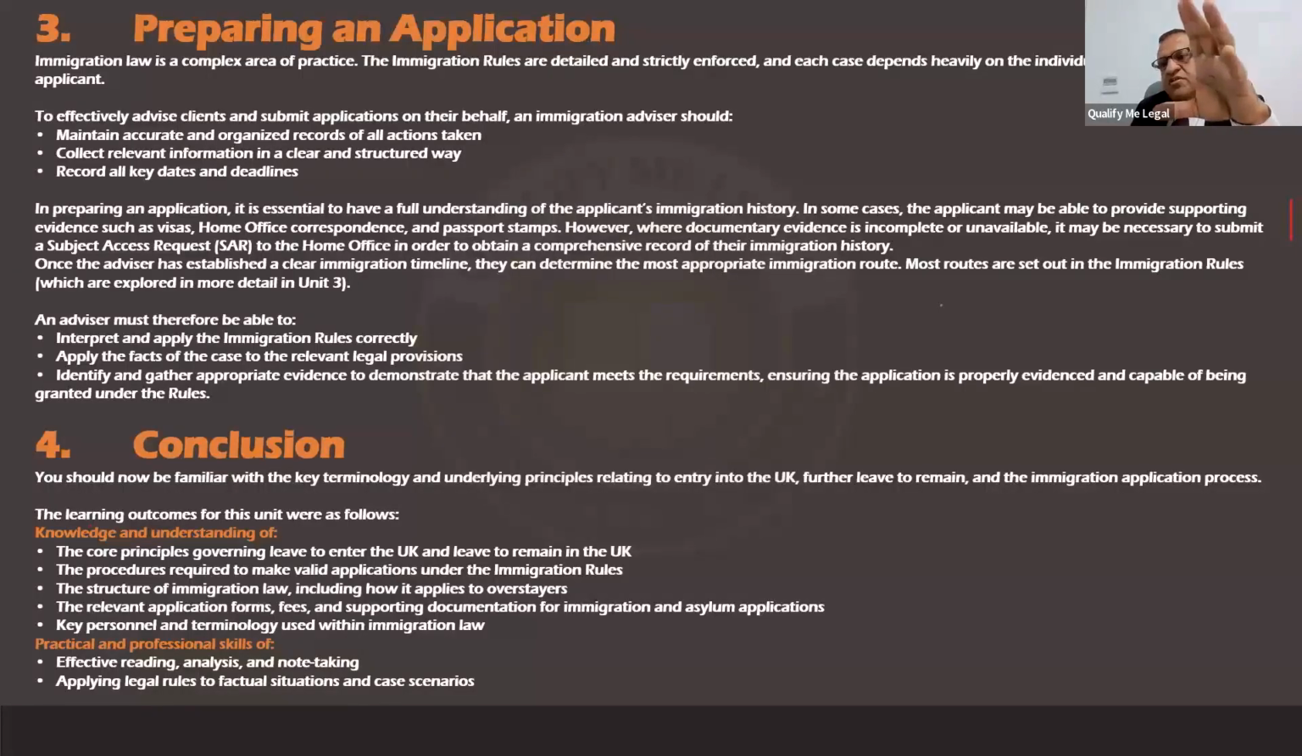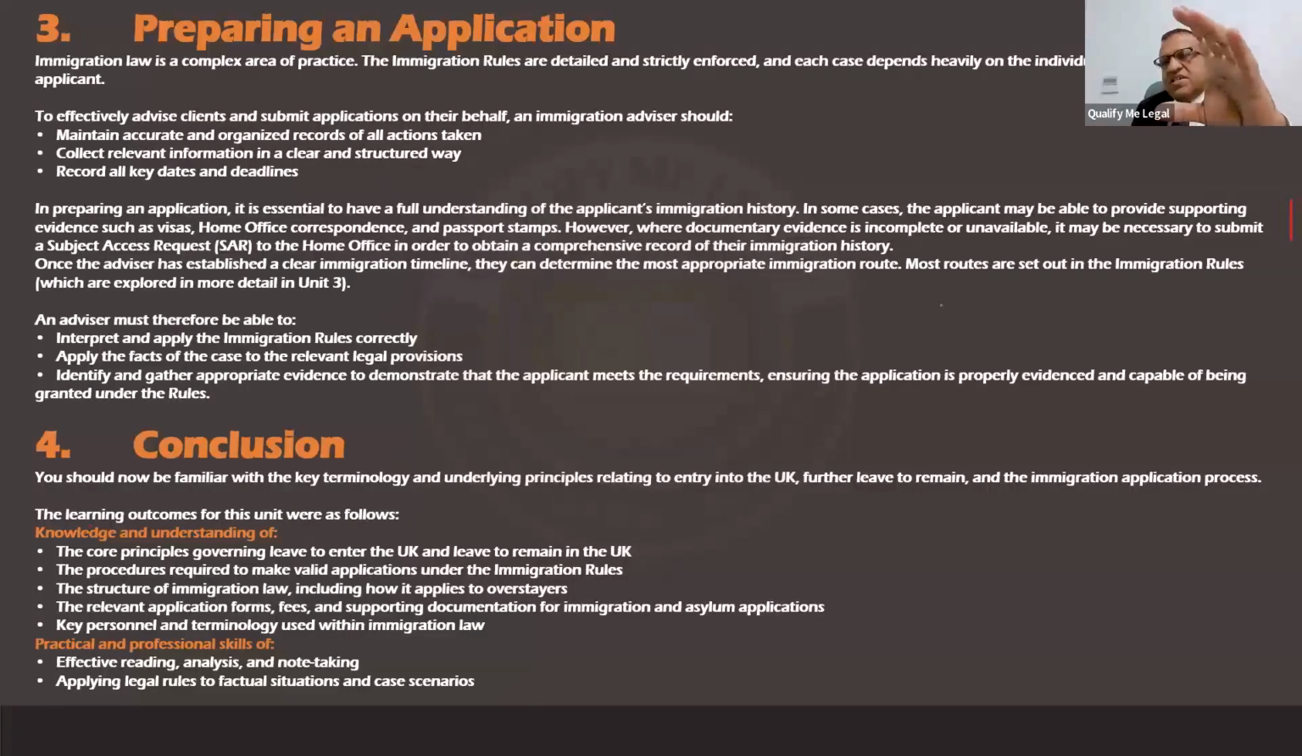When you normally apply an application at the Home Office, they normally pose a question in very simple language, but the repercussions are very serious. If you have come across any application, you'll see that they normally pose it in very simple plain language, but the repercussions are very serious. So make sure